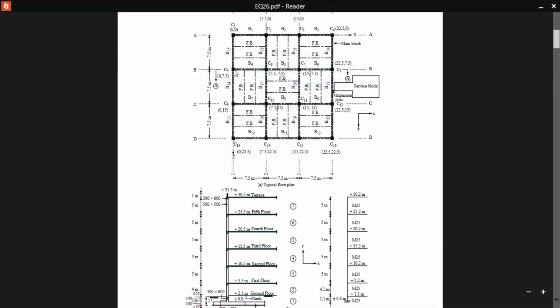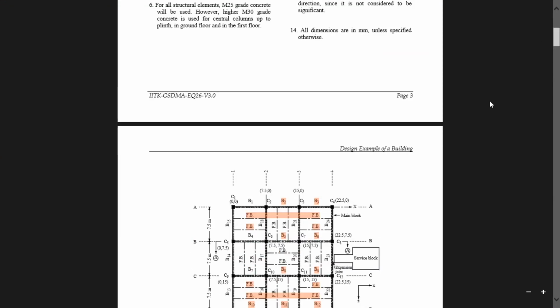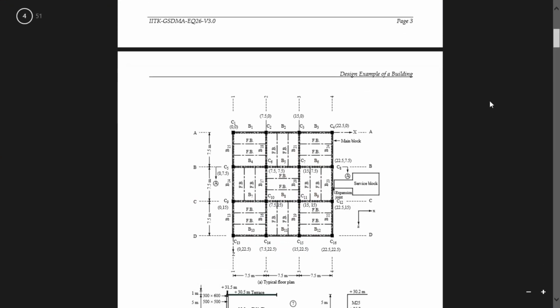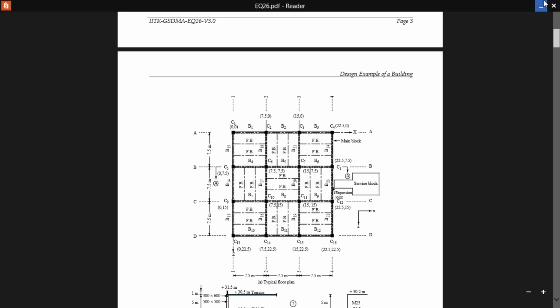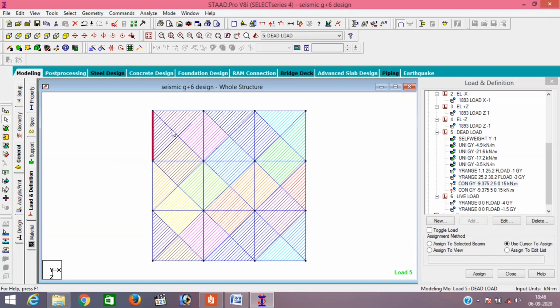For the concentrated load, in the floor plan you can see some beams have no support of the secondary beam. Here: 1, 2, 3, 4, 5 and 6. These 6 beams do not support the load of a secondary beam.